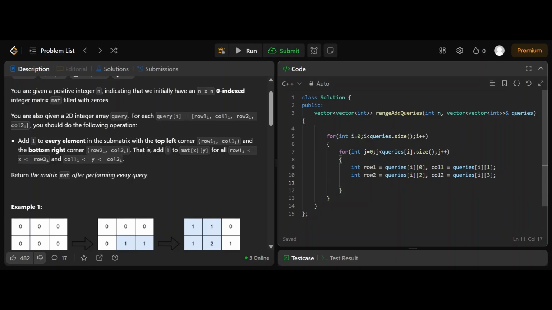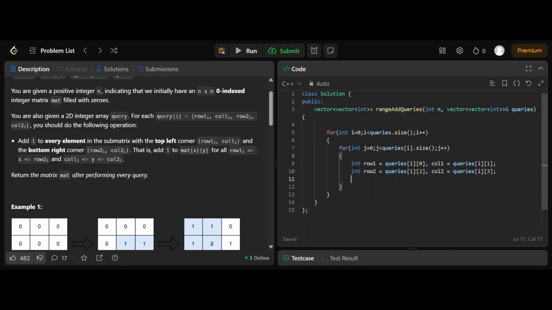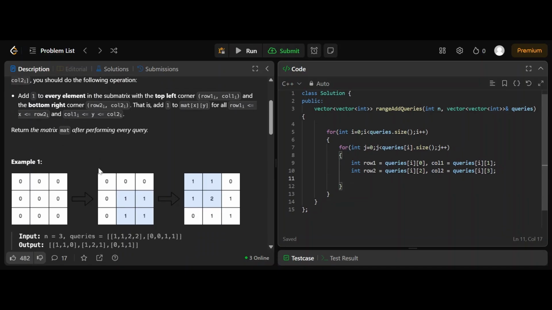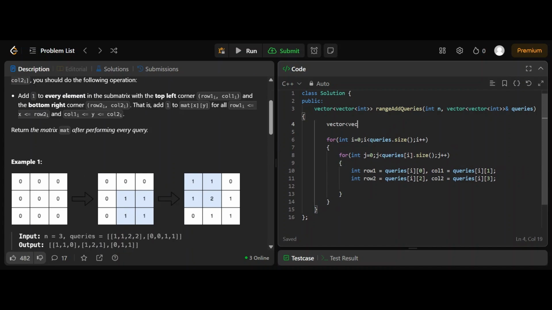Now what do we have to do? You're not given this matrix array, you have to create it. So let's quickly create a vector of int, matrix, of size n cross n, zero based. Now what we will do, as we have learned, is matrix of row 1, col 1